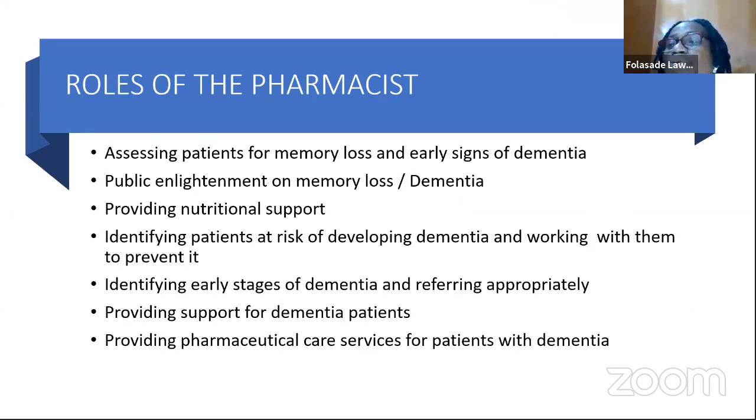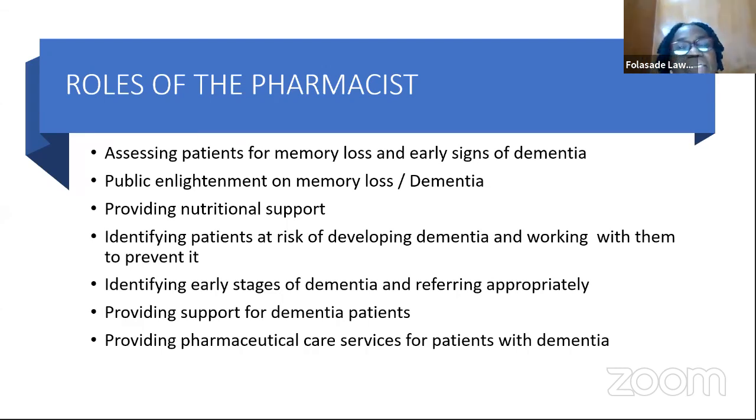So let's look at our roles in this big problem, memory loss. We can help to assess patients for memory loss and early signs of dementia because, like the doctor told us, dementia is a long-term illness. It takes time to develop. And at the early stages, most of the time it is missed. And that is the stage at which, more often than not, we see these patients. So we can help to assess these patients at this early stage, pick them up for referral, get them referred